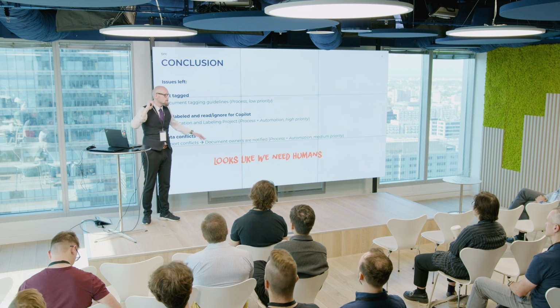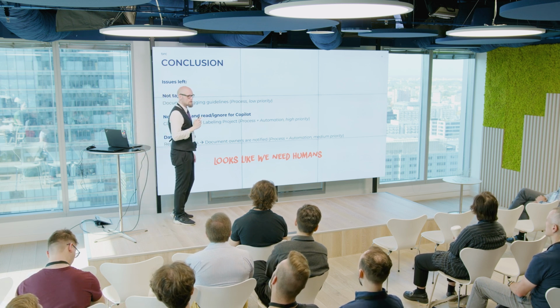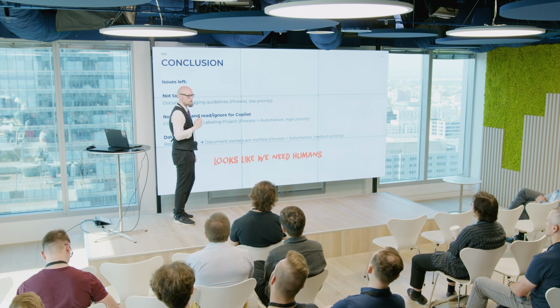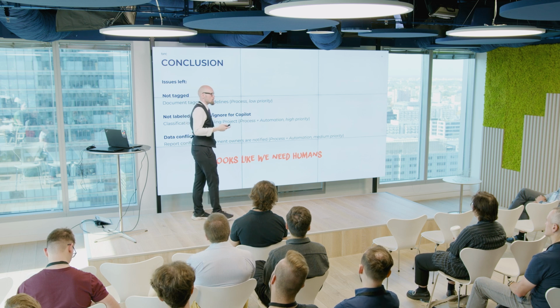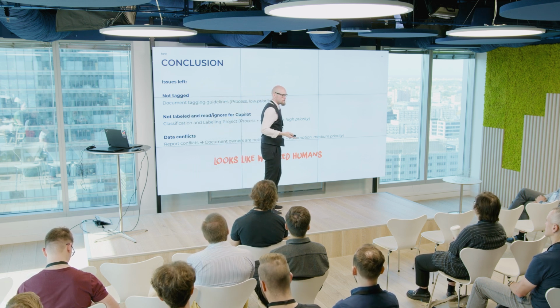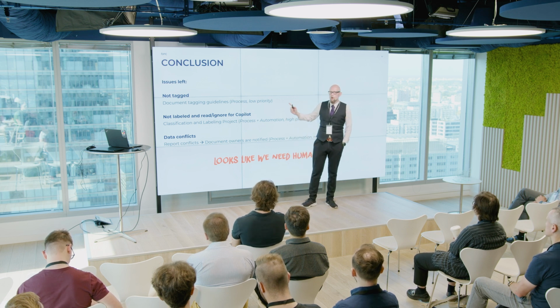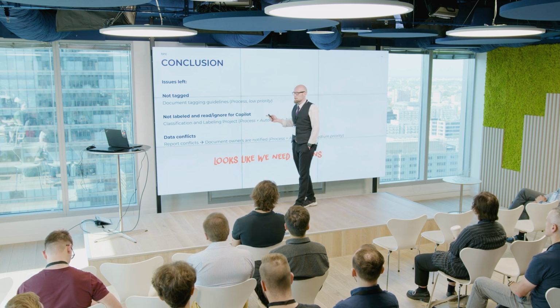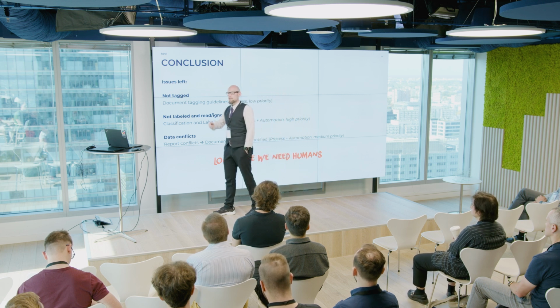But the point is, we still need humans. Because the AI can't do this. Because it'll look at the data and it'll go like, I think this might be sensitive. And then a human still has to verify. Because while we have good models for finding GDPR data, we don't have models that are good enough. And the problem is if just one document that contains sensitive data is not labeled, is used by the AI, and inadvertently shared to a third party,